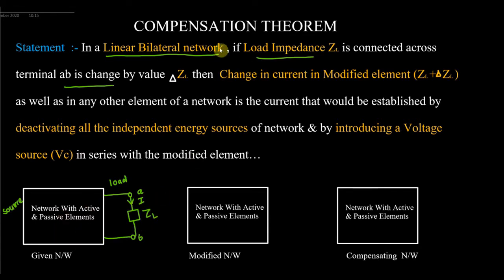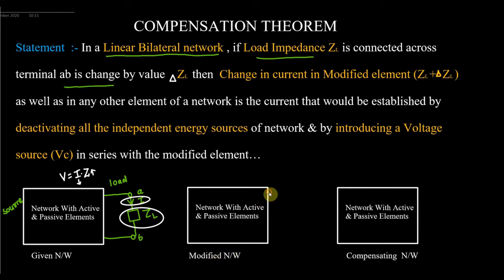Now if we change the value of ZL, which we call the load impedance, definitely the value of current changes, because we have studied Ohm's law, V is equal to IZ. If you change the value of Z, to keep the voltage constant, your current value also changes. Impedance is a property that opposes the flow of current, so definitely this will happen. That diagram I will call the modified diagram.